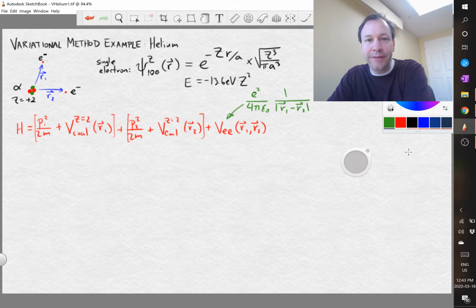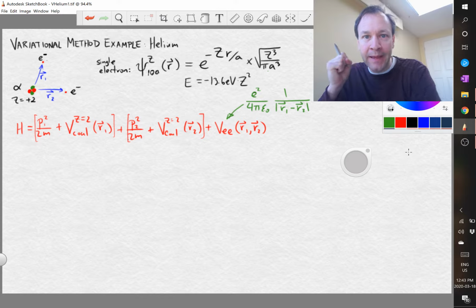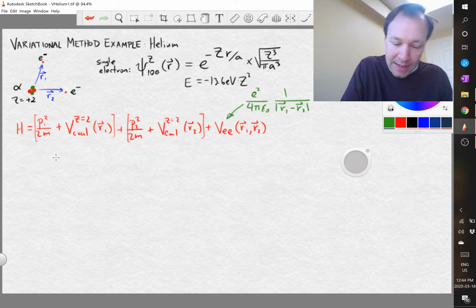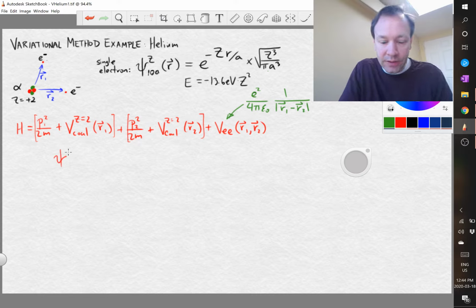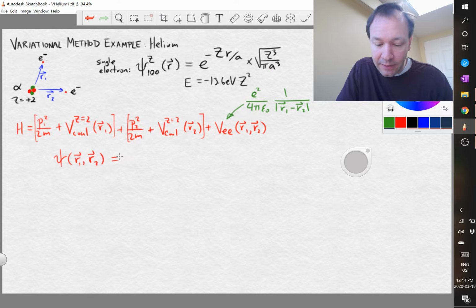Okay, so let's take our first attempt now at using the variational method to estimate the ground state energy for helium. At the end of the last video, I said that if we didn't have the interaction between the two electrons, then we could actually write down the exact wave function. That exact wave function would be psi of r1 and r2, and that would just be equal to the product of the wave function